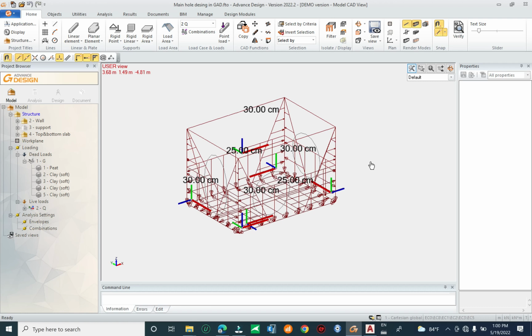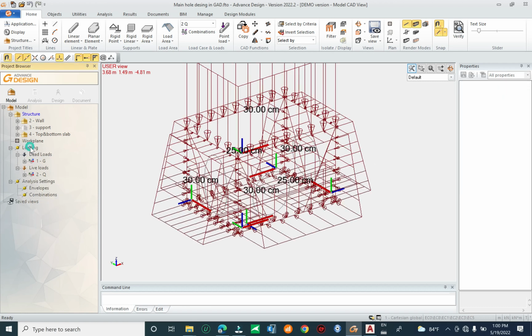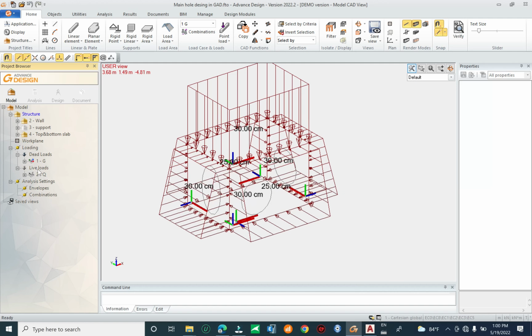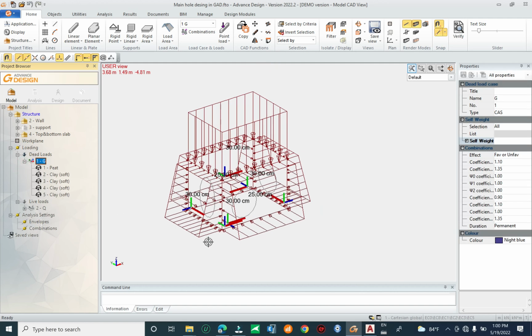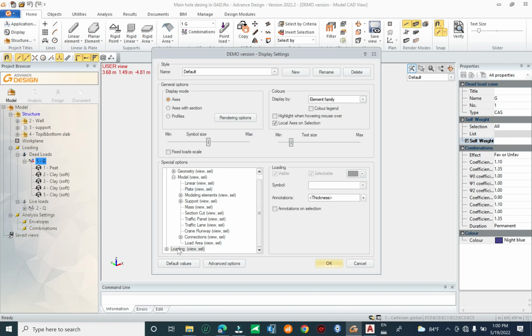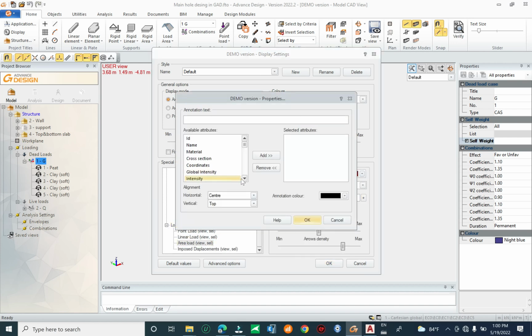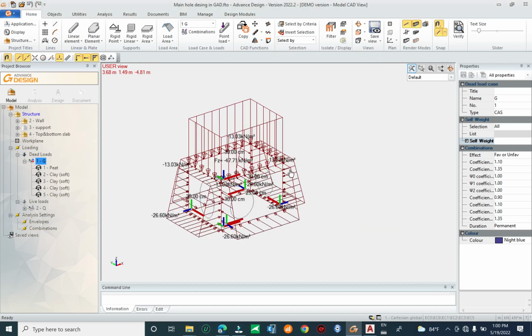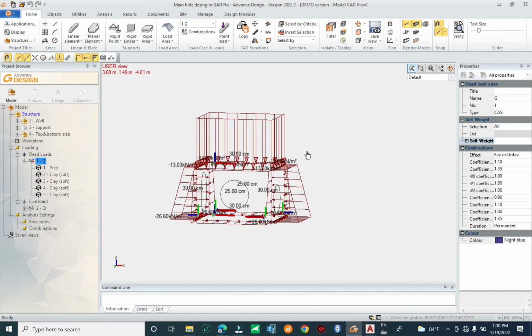Now turn on loading. Okay, you see here we have the load, this one. You can click on display, click on the loading area, and click on the intensity and unit. Okay, intensity, distributed load, and unit load. Okay, you see here